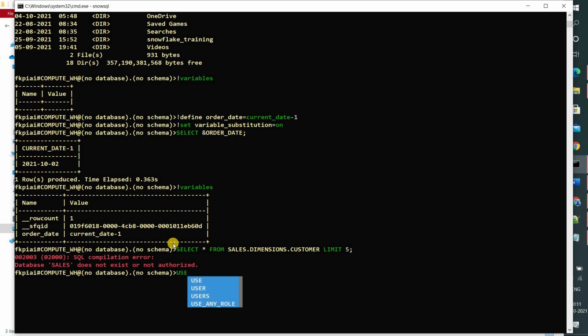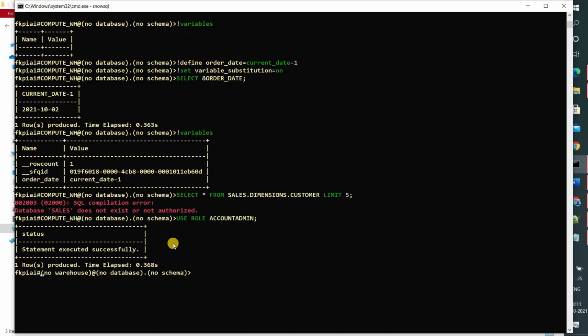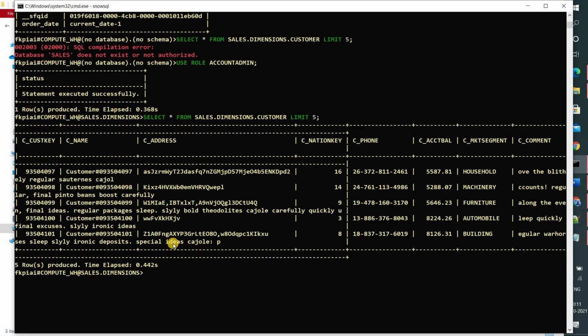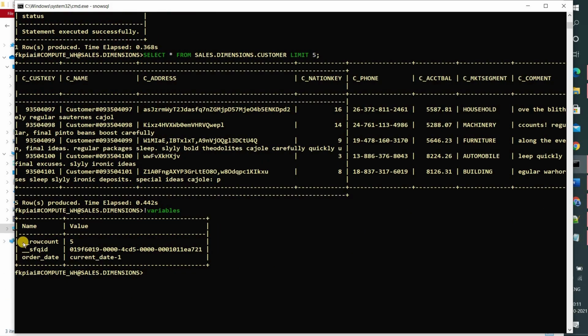Okay, I am not authorized. Then let's change the role. Now let's run our query. So now let's run the variables command. Here you can see the number of records processed by the last SQL statement is 5. If you want to display that row count, you can say select ampersand underscore row count.